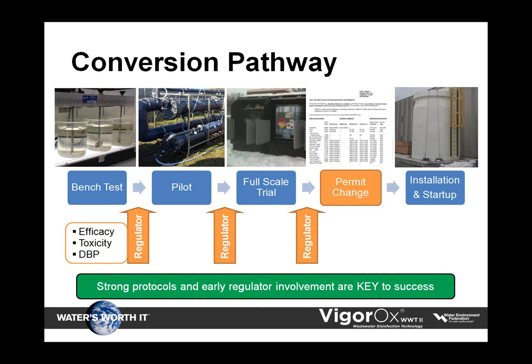One of the most important things that we have learned over the last 2 years is that the key to a smooth conversion to PAA is the early and frequent involvement of your state regulator, especially when it comes to definition of testing and data analysis protocols. From Ontario to Florida to California, early regulatory involvement has allowed plants to run the right trials, generate the right data, and present it in the right way. I cannot overestimate the importance of involving your regulator early in the process, and I invite you to do so as you consider potential evaluation of this technology.